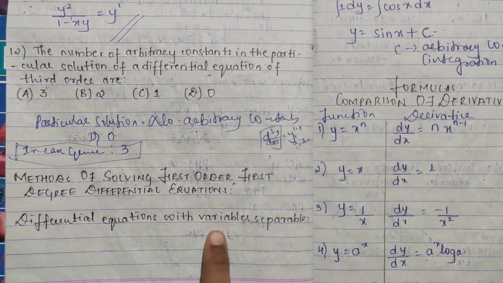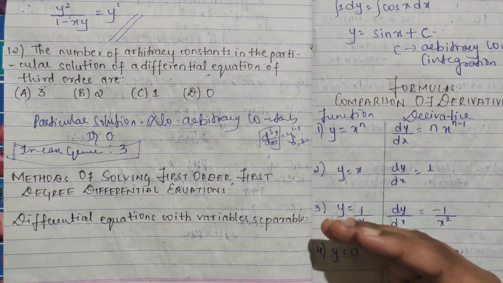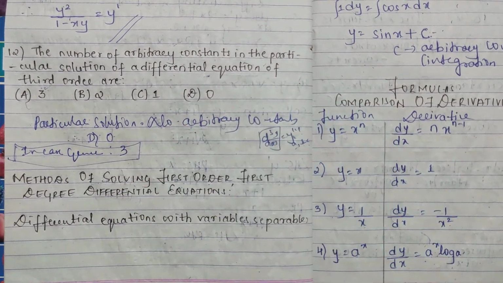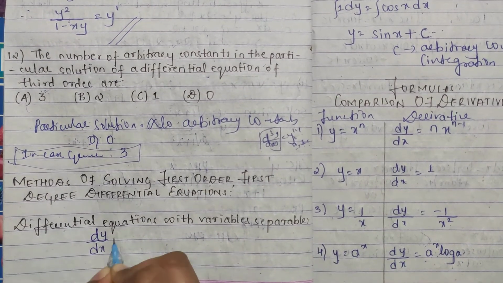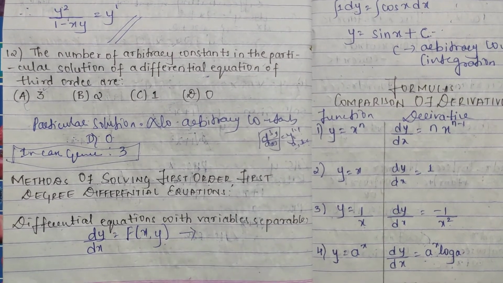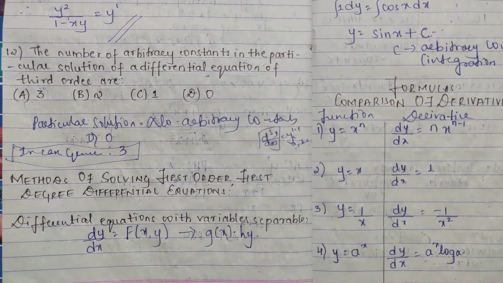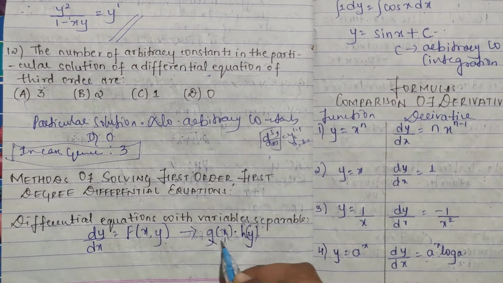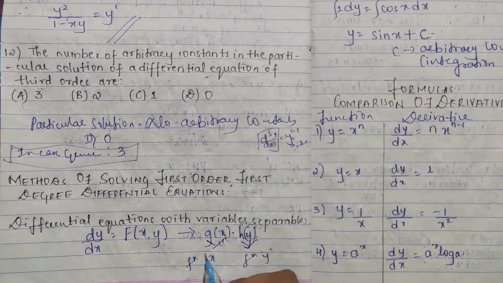So differential equations with variable separable. Variable separable, as I've showed you in your differentiation, how we did. Dy at was one part, dx we took it with your x terms and then we were differentiating. In the same way, consider you have differential equation f of dy by dx f of x comma y. Okay, this f of x comma y, it can be expressed in a product way of g of x into h of y, right, where your g of x is function of x, okay, and h of y is function of y.